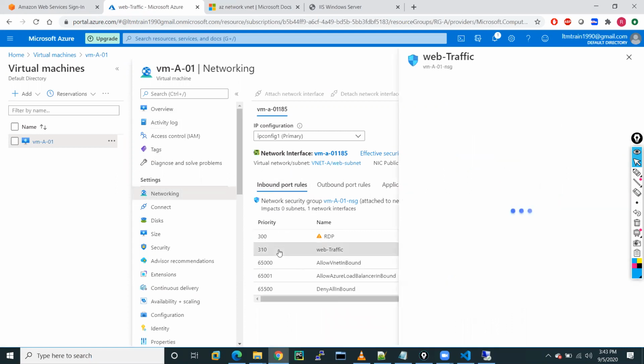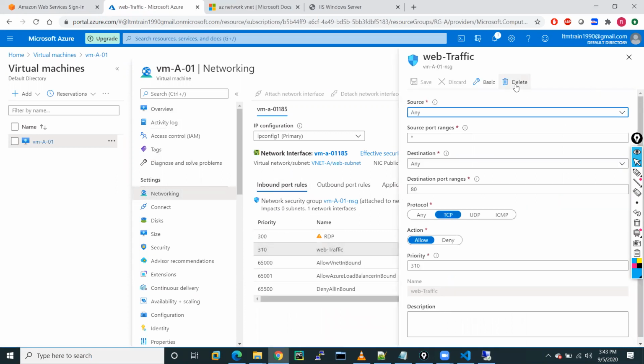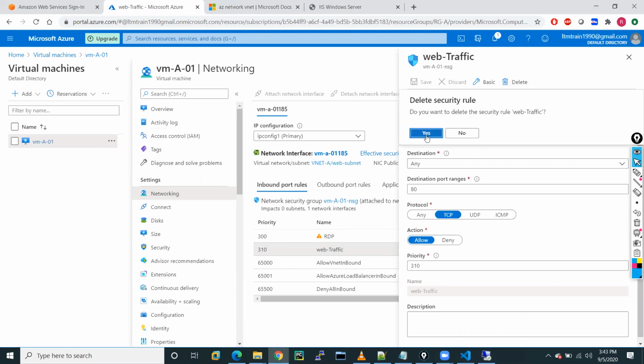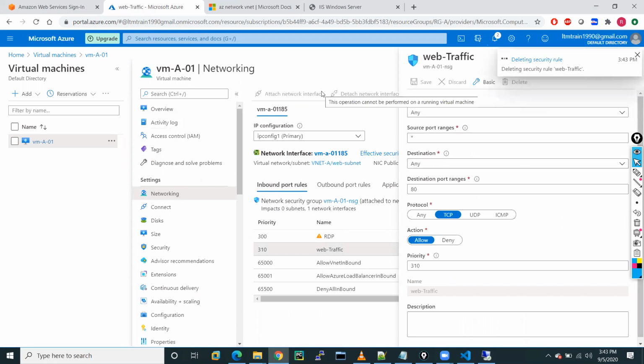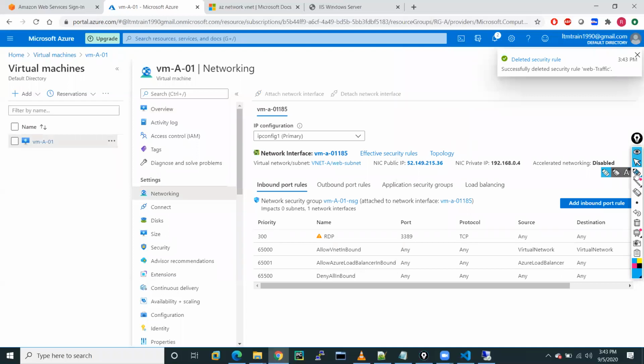You can go into this rule and delete this rule, so no one is able to access your VM on port 80. Just make sure when you delete this rule, you wait around 2 to 3 minutes